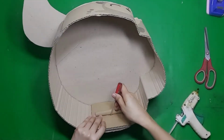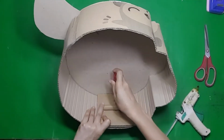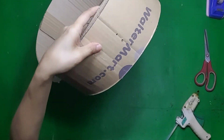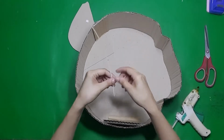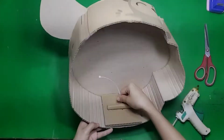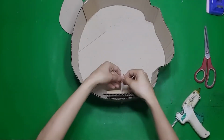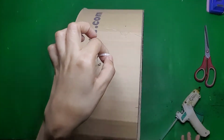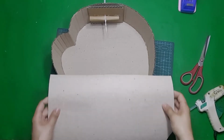Then we are going to put 2 holes here. There. Then we are going to use a cable tie for our handle. There you go. Now we are going to cover it